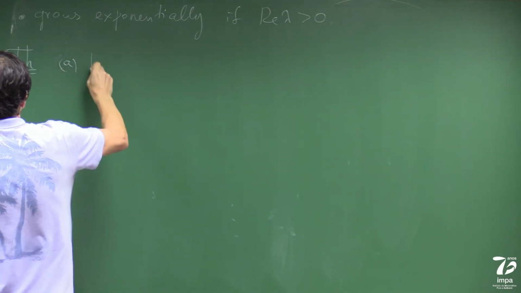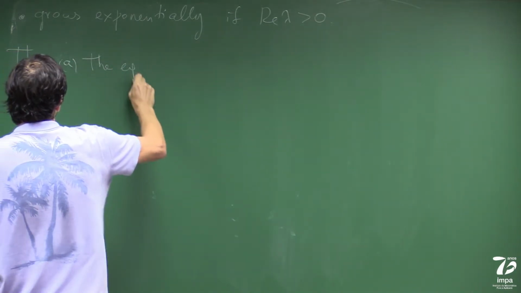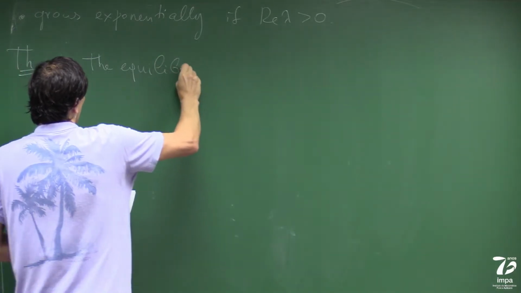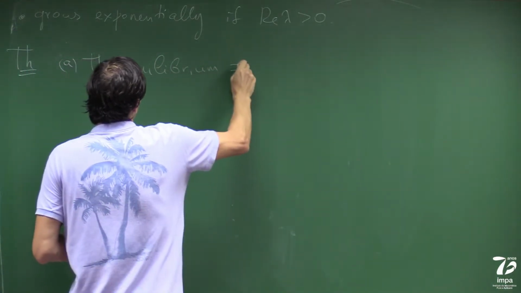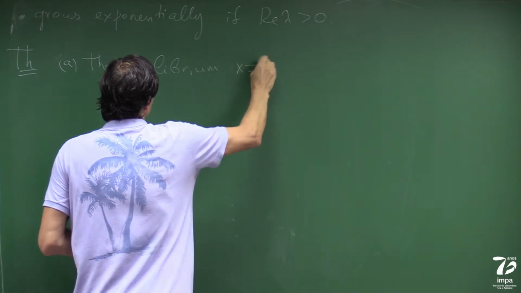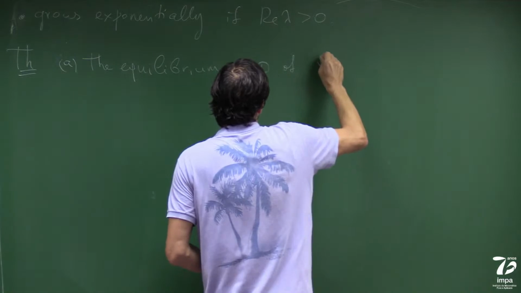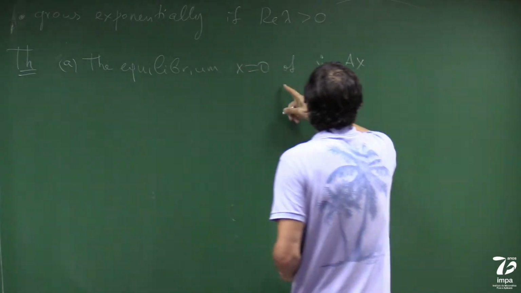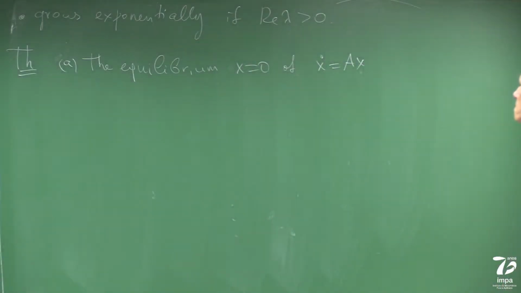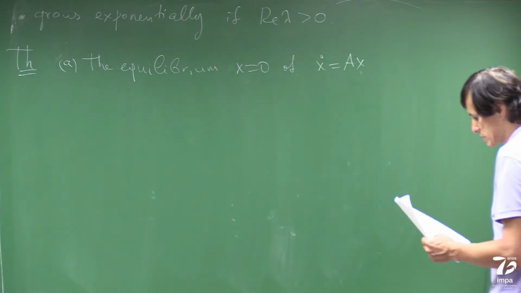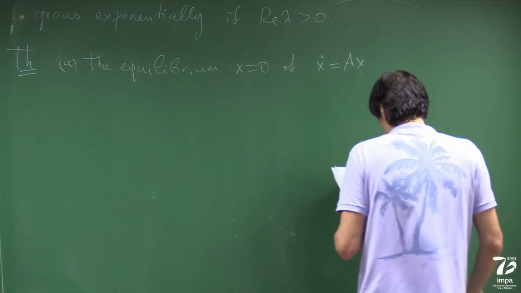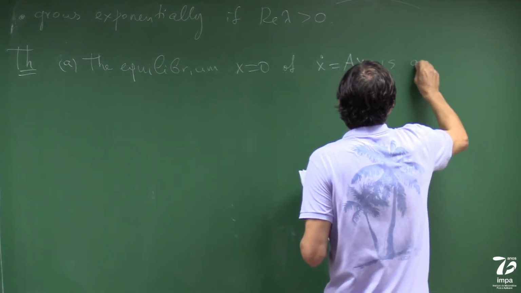A: the equilibrium x equals 0, remember, x equals 0 is certainly an equilibrium of the linear system, is asymptotically stable